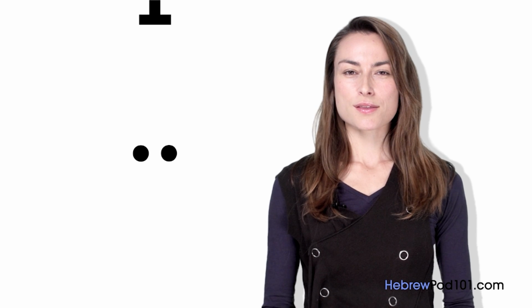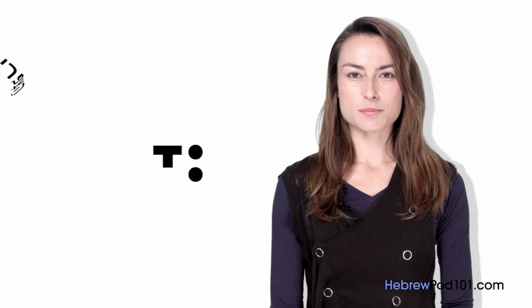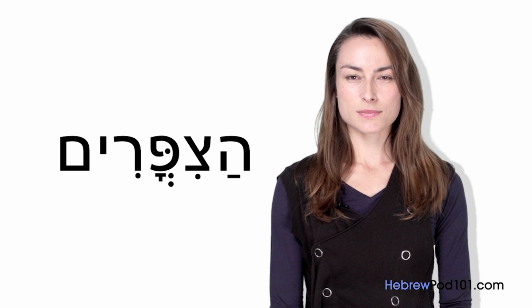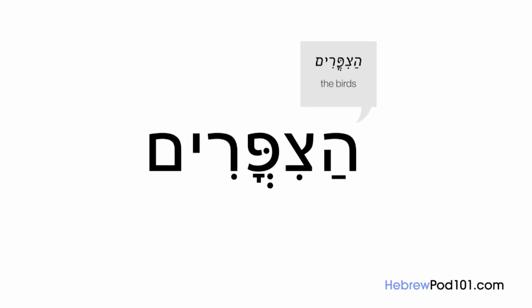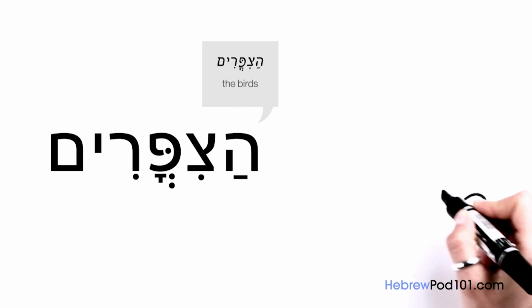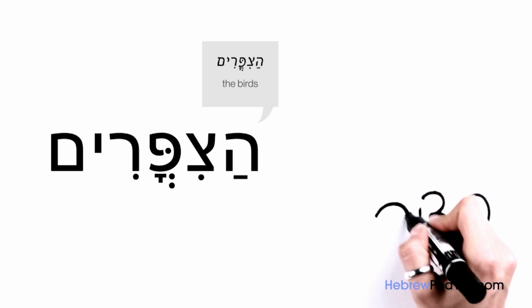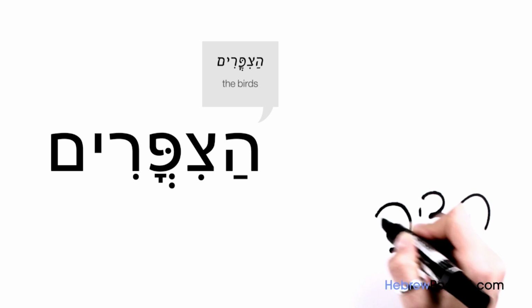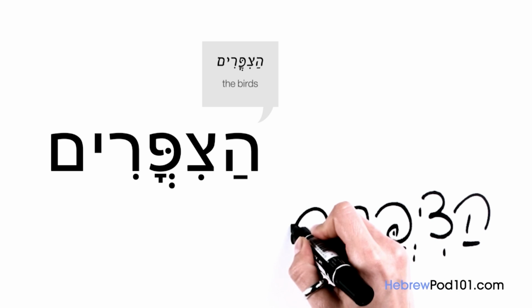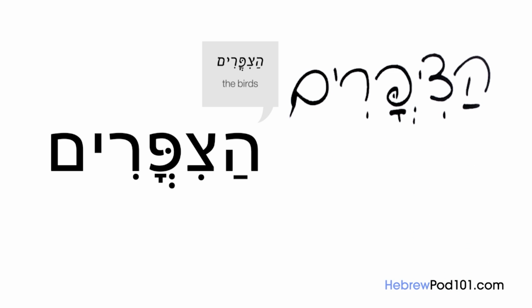acharei. The third one is reduced kamatz. Reduced kamatz is very rare, so you will hardly ever see it. Sometimes it is read as the sound o, and not a, like the regular kamatz. For example, hatziporim, which means the birds. Hatziporim. And in print,